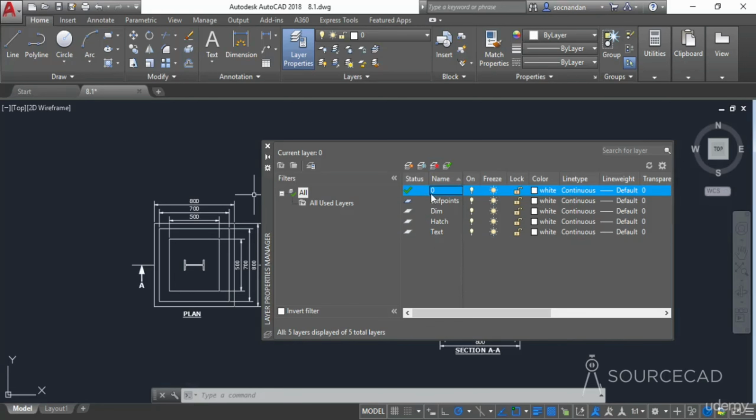Similarly, you can freeze any of these layers. So here we have an option of freezing the layers. So when you click on this freeze icon, it will freeze it, and you can click on it again to thaw it or bring it back. So visibly, on and off and freeze, thaw have same effect on the drawings,